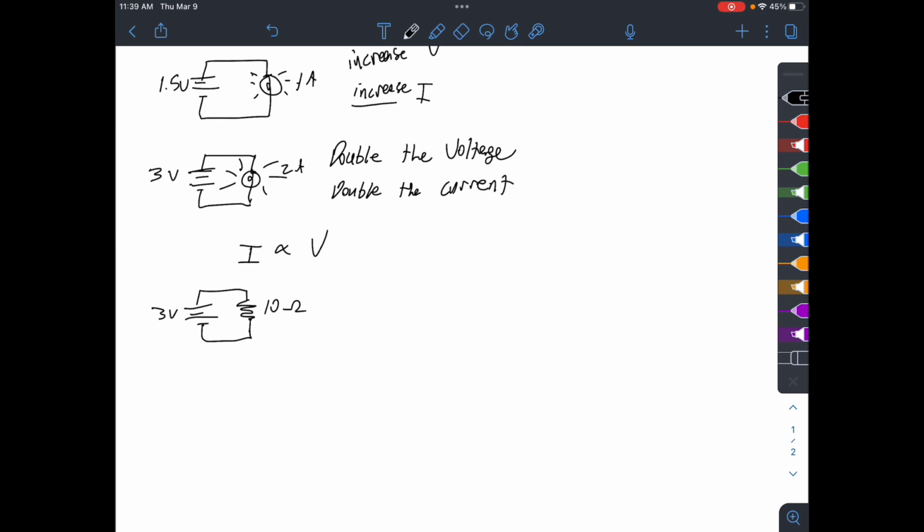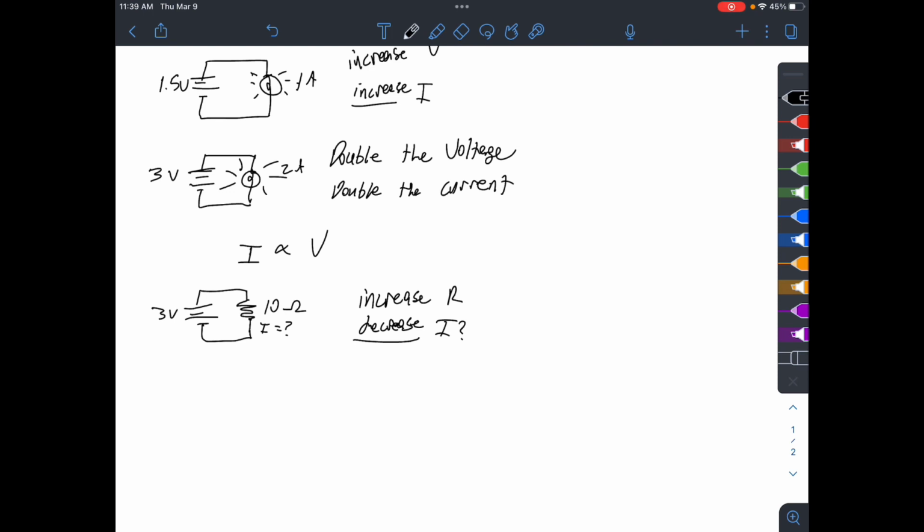If I increase R, because there's also a current going through here, if I increase R, what is going to happen to the current? Is it going to increase or decrease? Now my current in the circuit will decrease